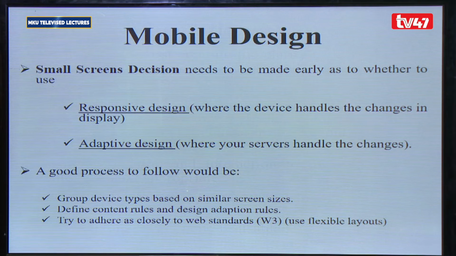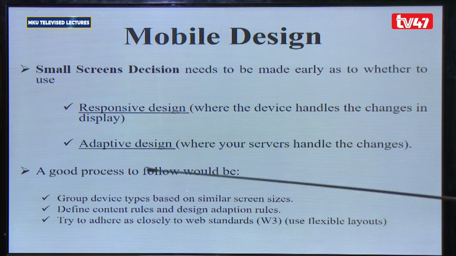So the mobile design, any design or presentation of a mobile app, is very, very important. Remember that when you discuss the mobile app, the first thing that comes to your mind is small screen decisions. That's why you have to consider the design. We have two major things that you work with.